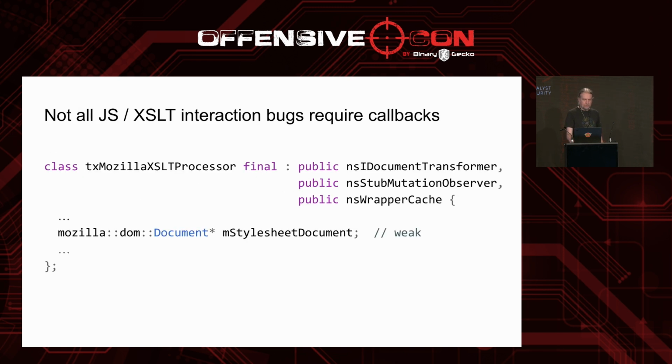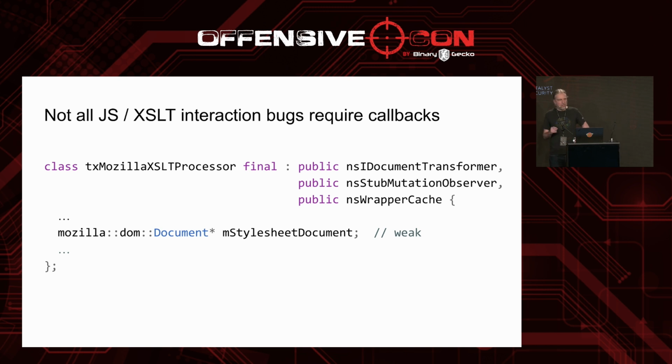Okay, so at this point, I think the boring part of the talk is over, so we can take a look at some of those vulnerabilities that were found. So the first vulnerability that I'm going to show you was a vulnerability in Firefox's implementation of the XSLT processor JavaScript interface. And if you looked at this implementation a couple of months back, then what you could see is